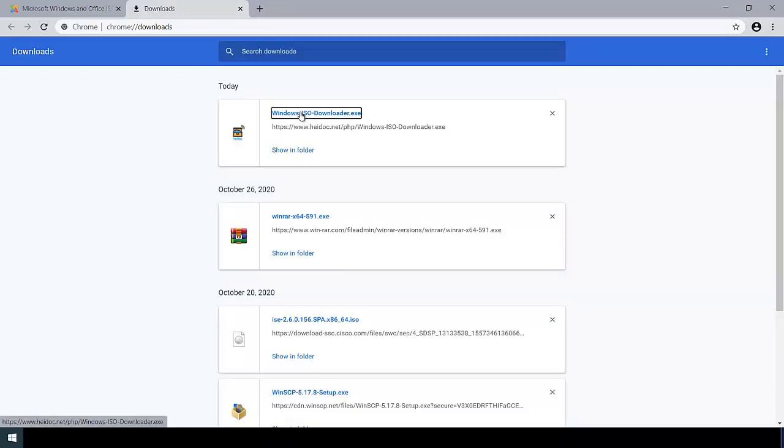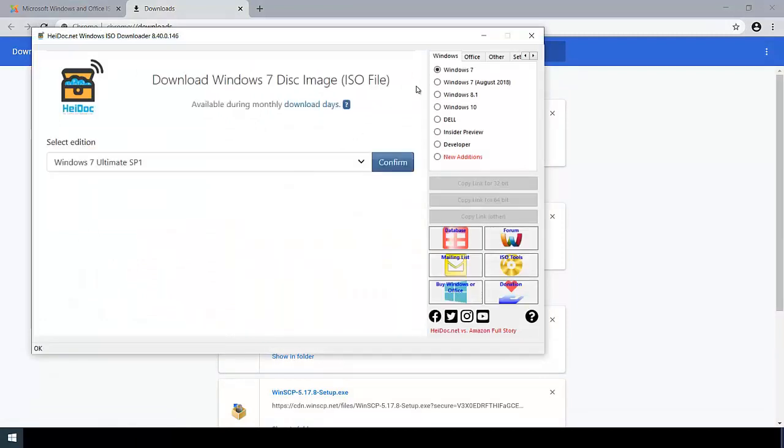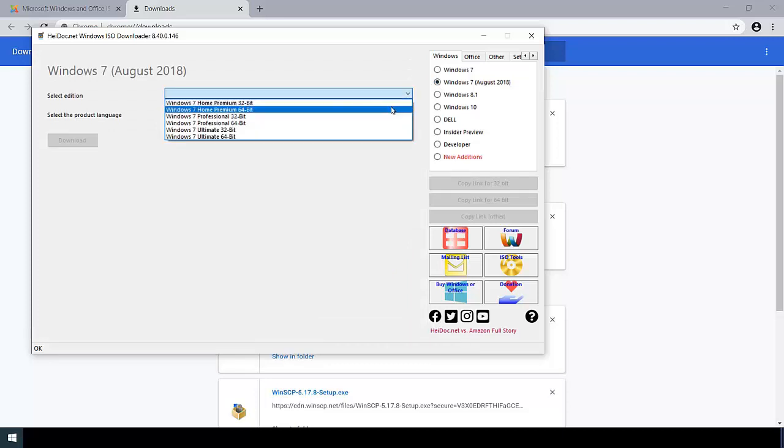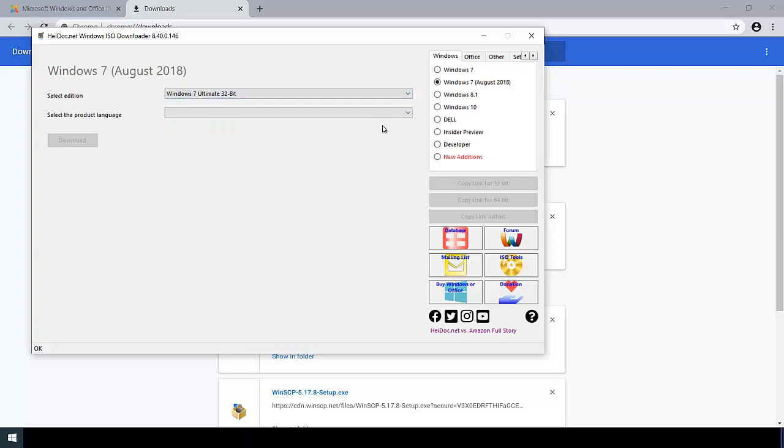To download the Windows 7 image, just run the downloader tool. From this tool we will select the version. For this tutorial we will be downloading Windows 7 August 2018. We will select Windows 7 Ultimate 32-bit and language will be English US.